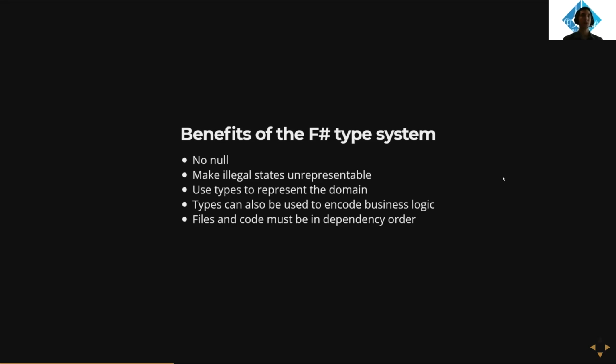It's defined in the order that you need them, and files that you declare at the top of your project cannot reference functions or values in files lower. This may seem like a bug or hindrance or something bad. And I admit, when I was first learning F#, it definitely felt like a big pain point. But it's turned out to be one of my favorite features, and it really forces you to think about your data flow, and it really makes it difficult to accidentally call a function that you're not supposed to call